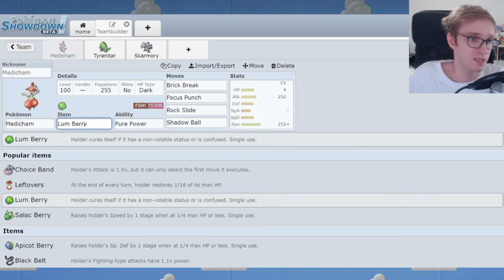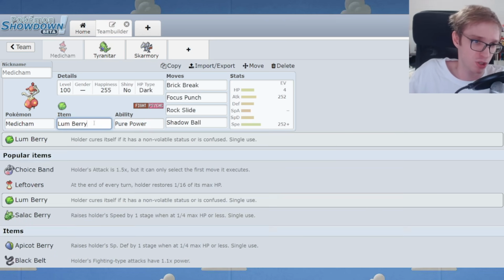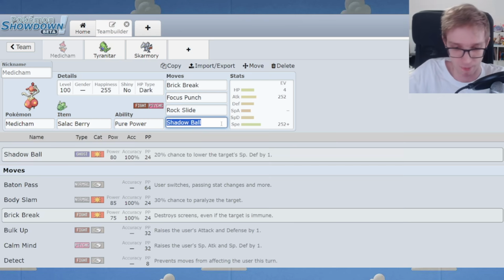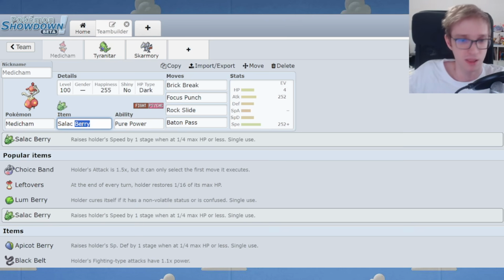A set that I love is Lum Berry, because early in the game when sand is up and you get sand chipped, you actually bluff Choice Band. So they might go to Gengar on your Brick Break, and then they think you're Choice Band because you take Sand Chip. You surprise them with a Shadow Ball, and then you're actually immune to their incoming Will-O-Wisp because the berry will cure it. That's one of my favorite lead sets. You can also run Salac Berry sets with certain bulk thresholds. It also has Baton Pass to punish switches out to Skarmory or other pivots,